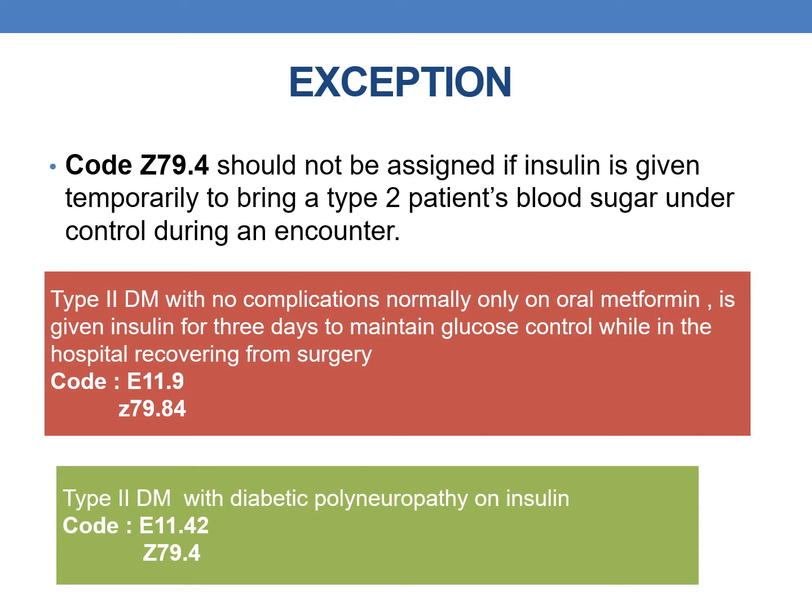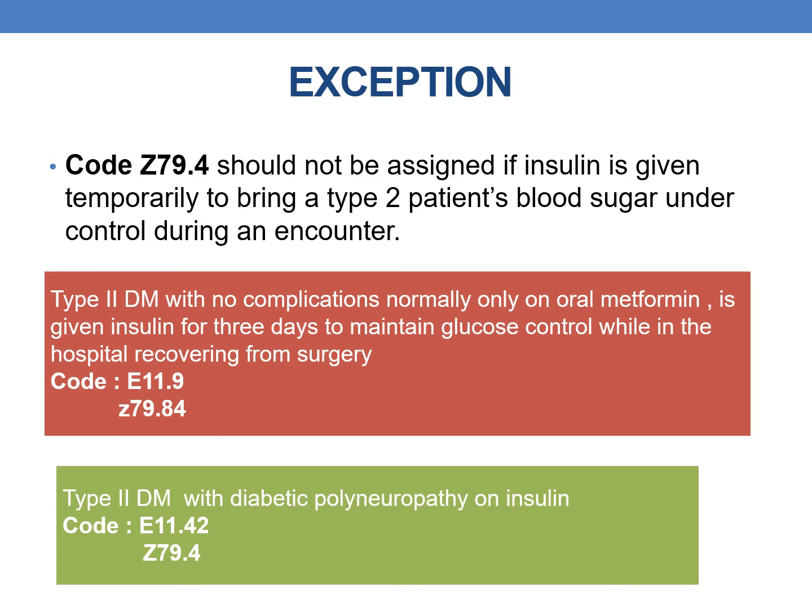Coming to exceptions, code Z79.4 should not be assigned if insulin is given temporarily to bring a type 2 patient's blood sugar under control during an encounter. For example, type 2 diabetes mellitus with no complication, normally on oral metformin, is given insulin for 3 days to maintain glucose control while in hospital recovering from surgery. The correct codes are E11.9 and Z79.84. Here, insulin is given temporarily for 3 days. There is no long-term use of insulin. Hence, they did not use